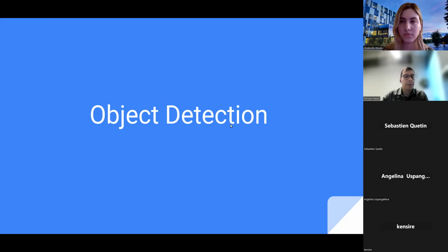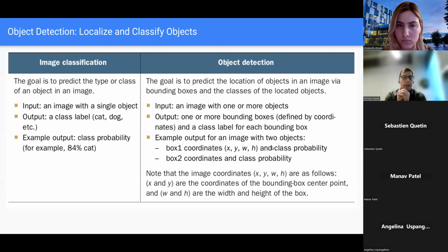In our previous session, we covered classification. For classification, the problem is we are interested in assigning a label to the whole image. For example, we might say this image contains this object.